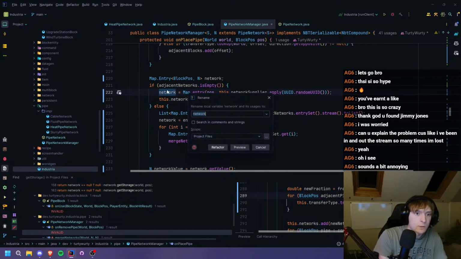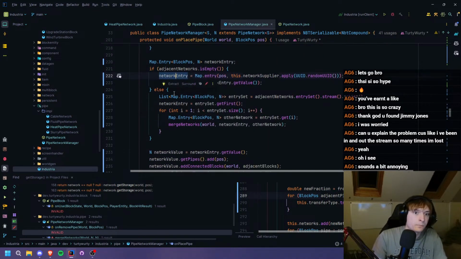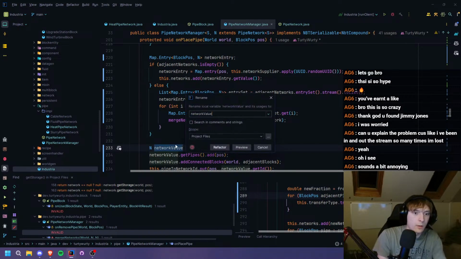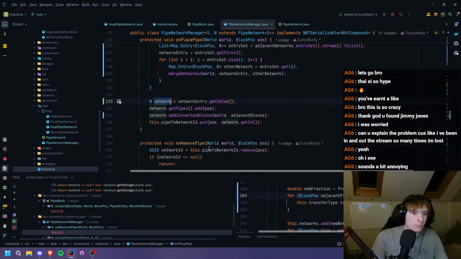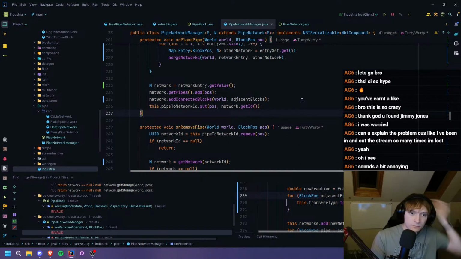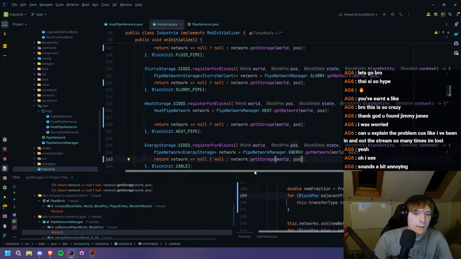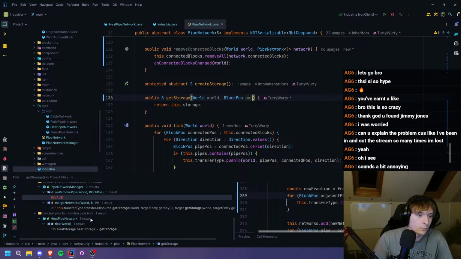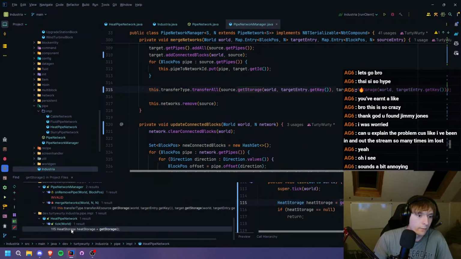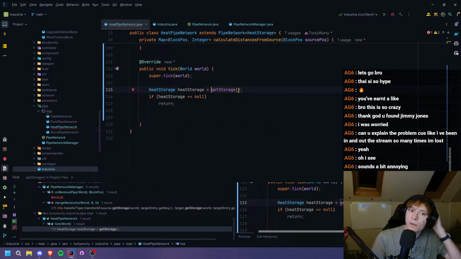I can just rename this to network entry, and then rename this to, which isn't as bad. But I think this should fix it, in theory. Because then that means that I can get a storage from a world and a position. Yeah, I fixed that. I just need to do this. So this needs to be world, and this needs to be